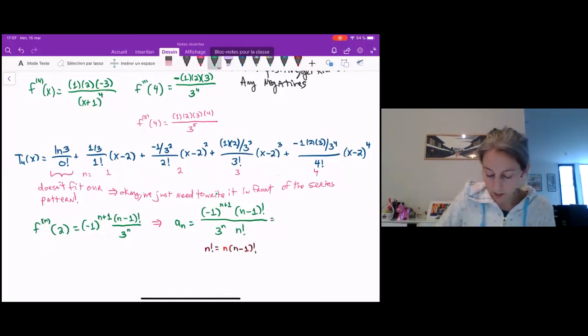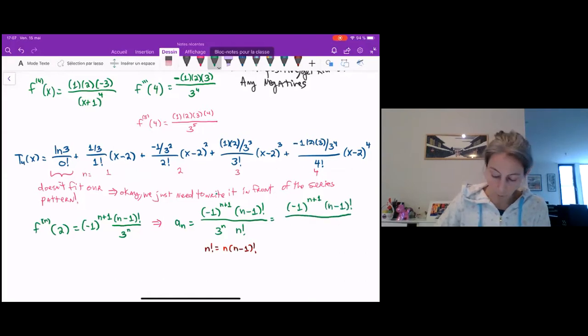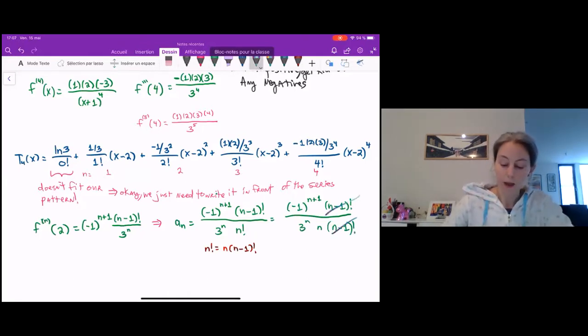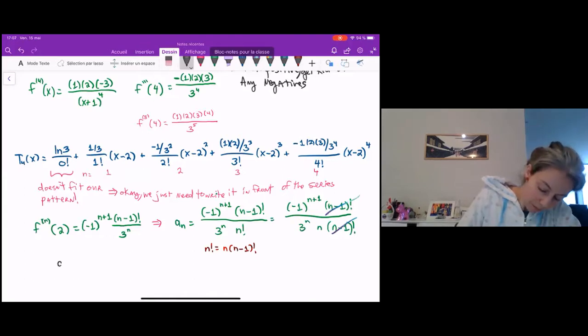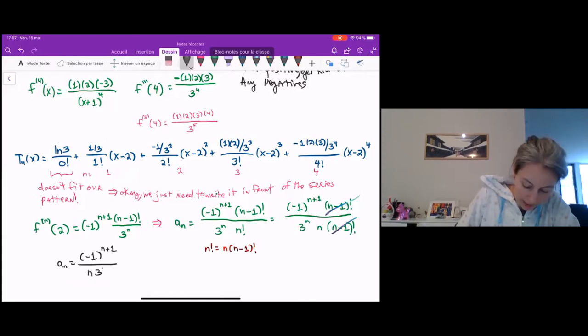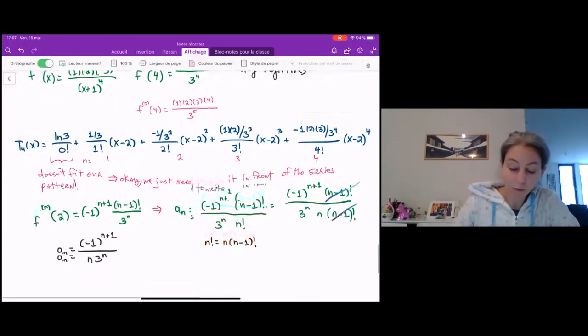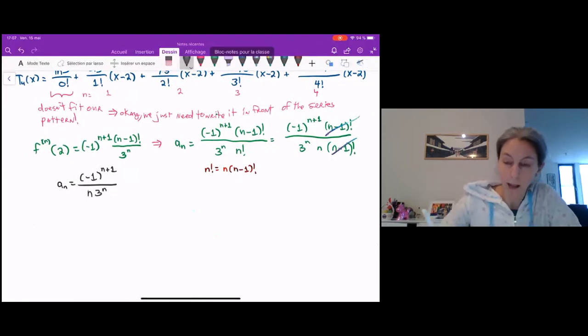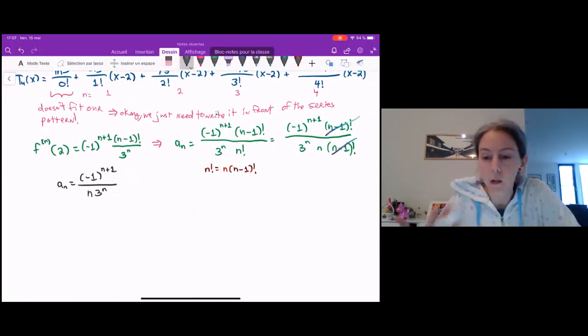So this gives us negative 1 to the n plus 1, n minus 1 factorial, over 3 to the n times n minus 1 factorial, and those factorials cancel out. So a sub n equals negative 1 to the n plus 1 over n 3 to the n,